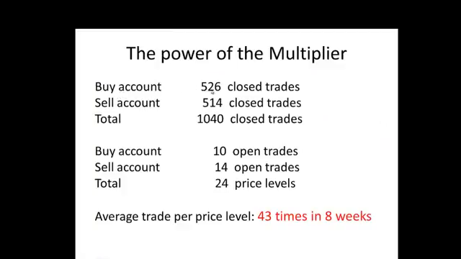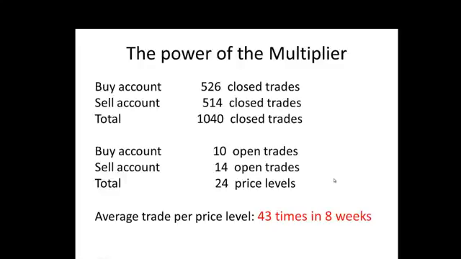So the buy account had 526 closed trades. The sell account had 514 closed trades, and the total is just over 1,040 closed trades. Now, the buy account has 10 open trades at the moment, and the sell account has 14 open trades at the moment. So in total, there are 24 open trades, which also means that the price has traveled through 24 price levels